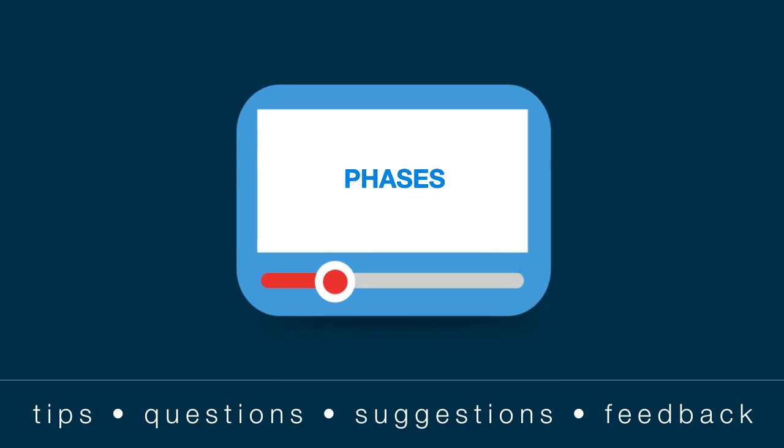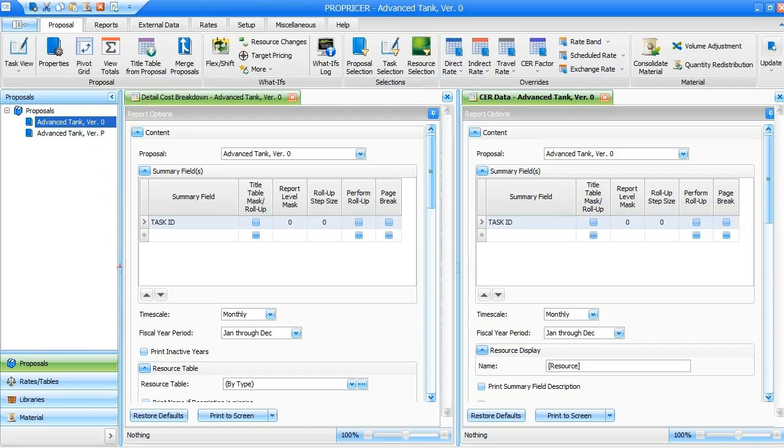In today's episode, we're going to talk about phases. What are phases? Phases give you the option to see your proposal data organized into specific time periods on a report, instead of just by the selected timescale. Pretty neat, huh? Using the Phases feature, we'll make an additional timescale setting called Phase, available on all the relevant